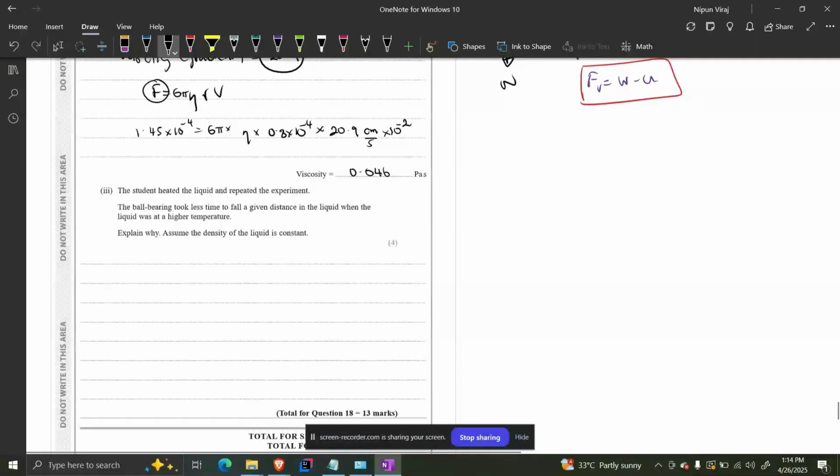The student heated the liquid and repeated the experiment. The ball bearing took less time to fall. Explain why. So if temperature is high, viscosity is low. Okay, so viscosity low means